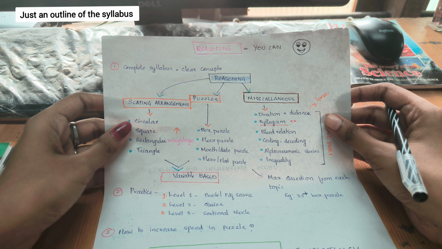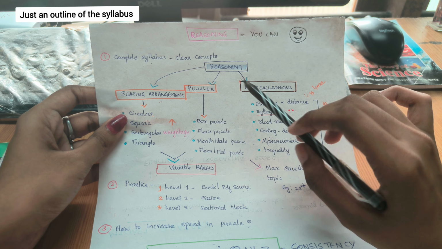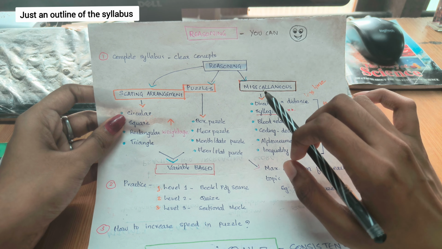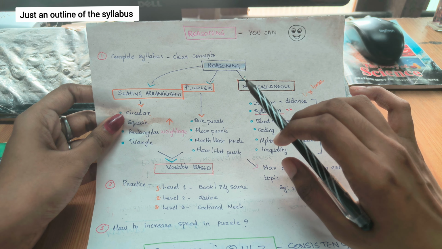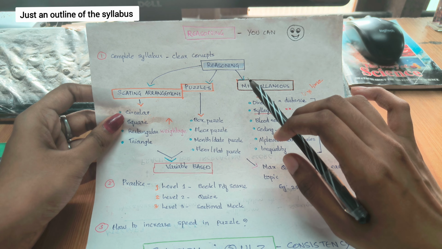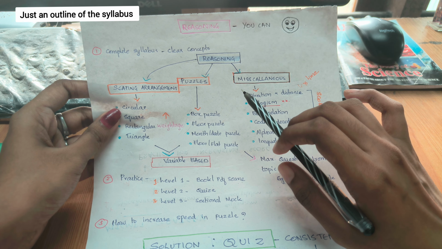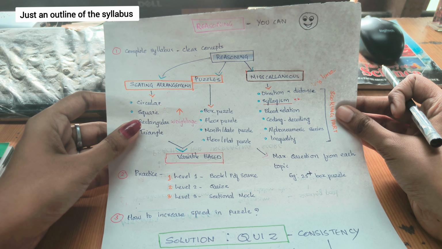So let's start. The first and initial step is to clear your concept, okay? As you can see, these are the topics which come under reasoning. You need to clear the concept of each topic. When compared to quant, the concept of reasoning is very simple. Reasoning is all about practice. You need to practice more to increase your speed so that you can do a maximum number of questions in